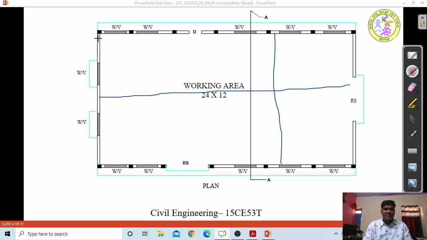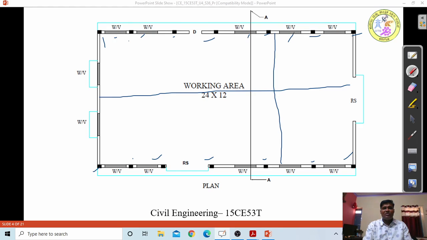There are 14 columns: 1, 2, 3, 4, 5, 6, 7, 8, 9, 10, 11, 12, 13 and 14. There are 14 columns in this plan, and there are window ventilators,